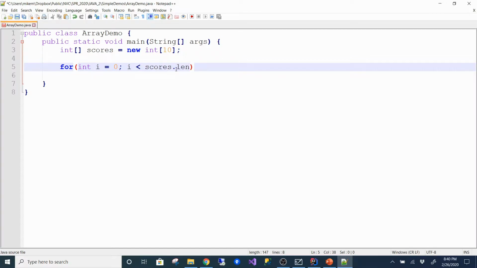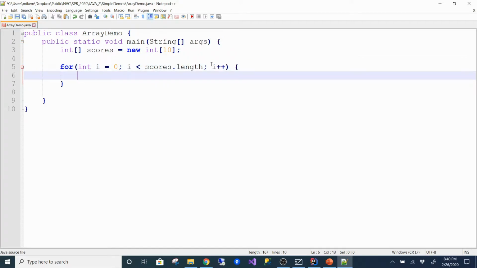Now when I say parameter, I didn't say method. So there's no open close parentheses at the end of it. It's just length, right? It's just what we call an actual parameter, not a method. And then in this loop, I'm going to increment i for every iteration. And then I can just do something like, let's see,